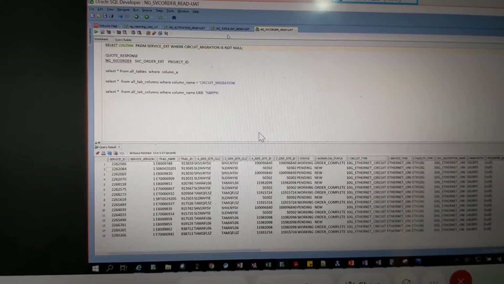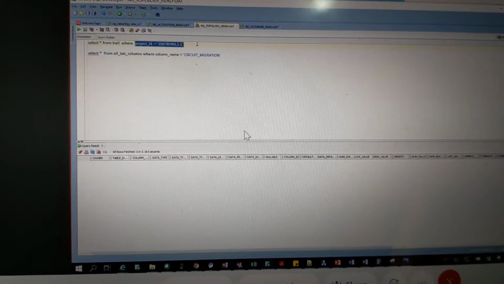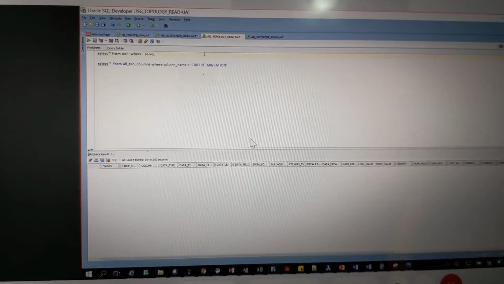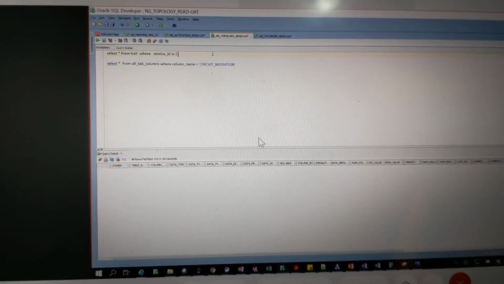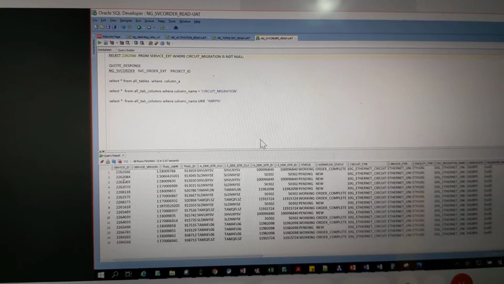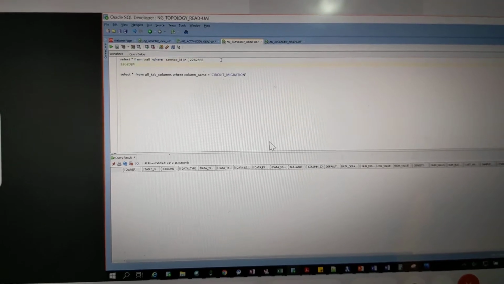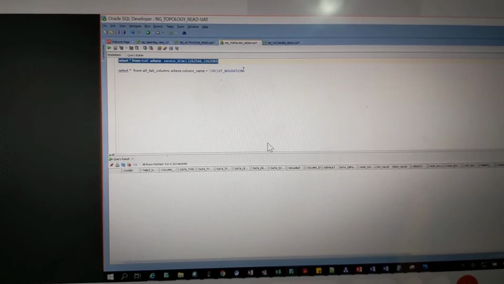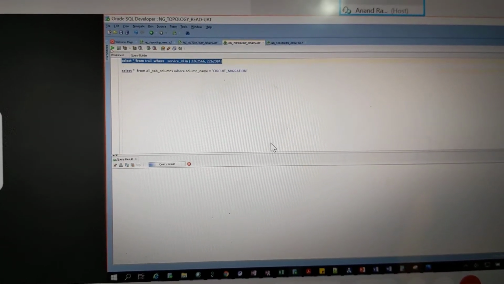If I go in the trail table, I think the trail table has a service ID column, hopefully.